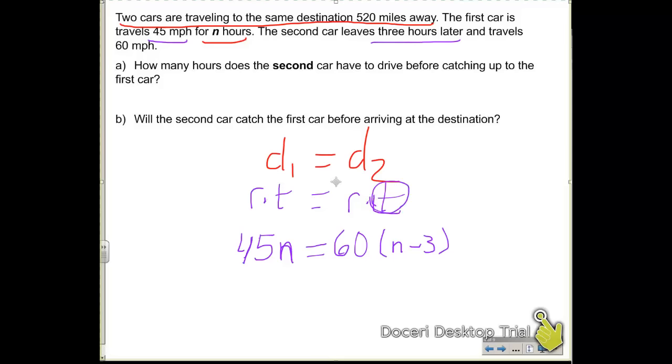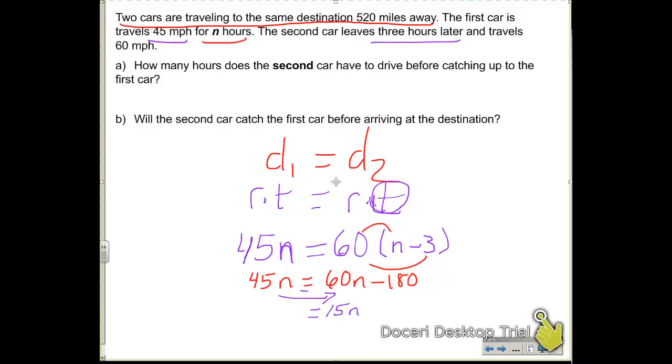Now all I got to do is solve for n. Bring down my 45n, distribute my 60 to get 60n, distribute it here to get minus 180. Now I'm going to bring my 45n to this side through subtraction, so 60n minus the 45n coming over leaves me with